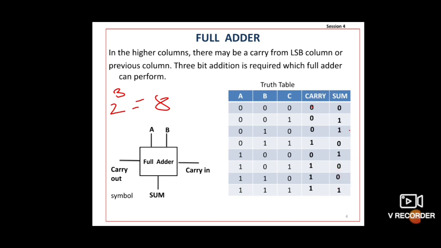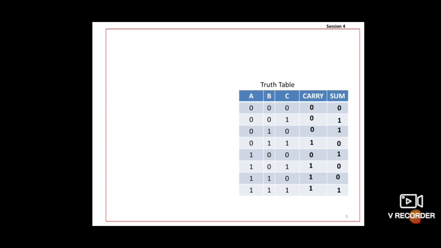Okay. Now the full adder circuit can be designed with the help of this truth table. See, the full adder circuit. For this, see the dotted lines: as shown by the dotted line, the output carry is high. Okay, see here 1 1, here carry is 1, 1 0 1, carry is 1, 1 1 0, carry is 1, and the last one also has carry 1, means at the dotted line the output carry is high.